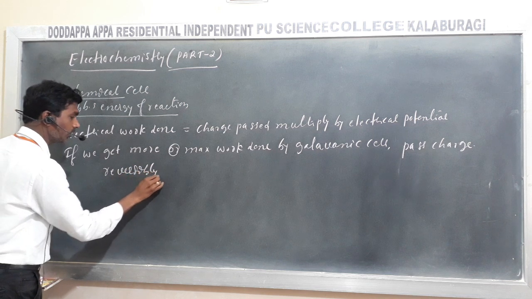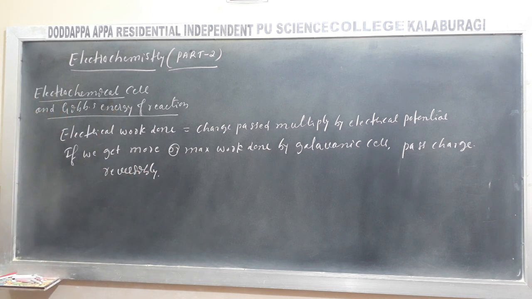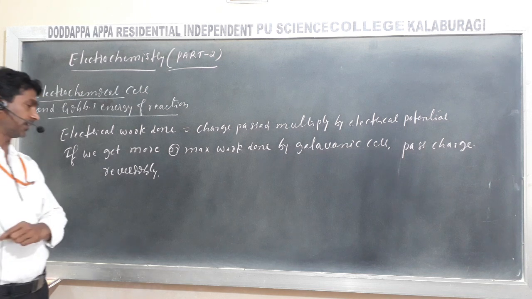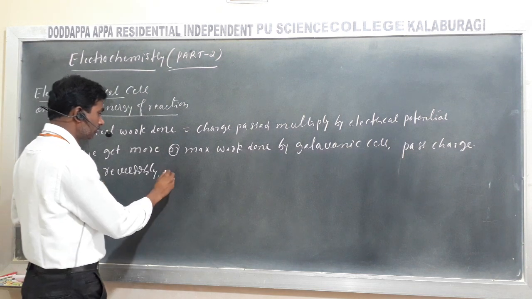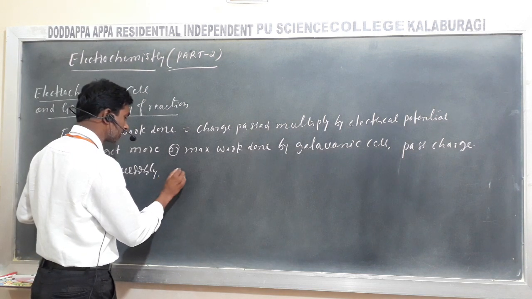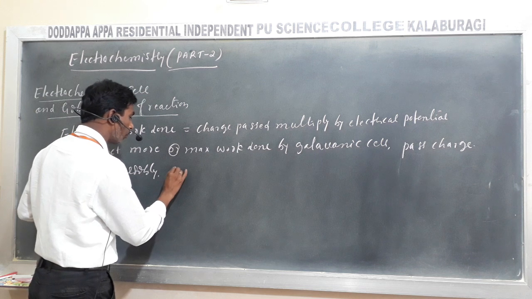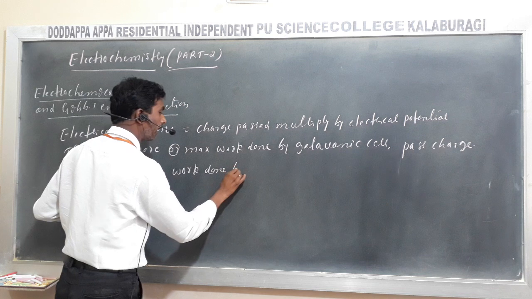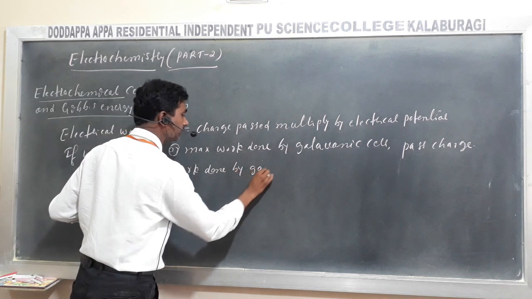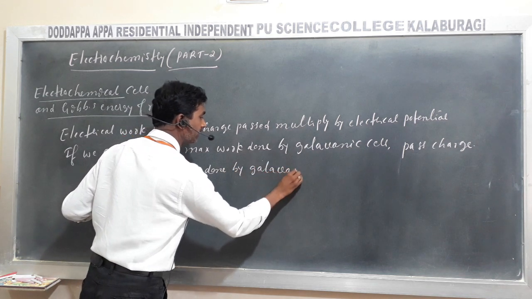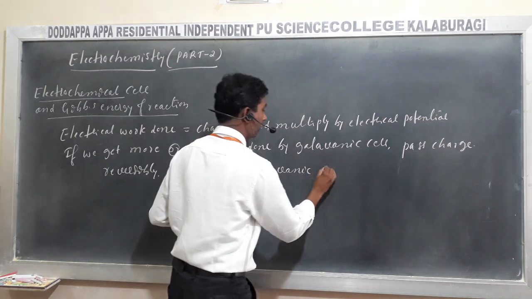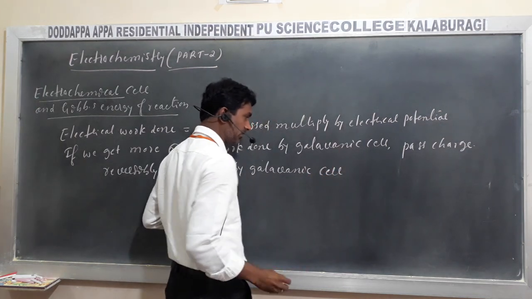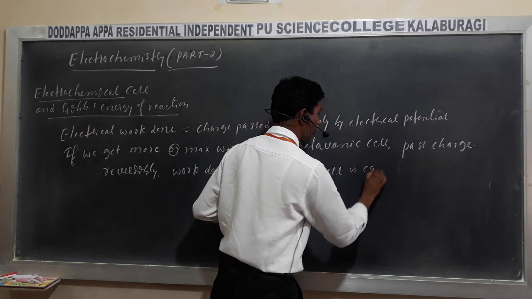So this is the maximum work done by a galvanic cell. The work done by a galvanic cell when charge is passed reversibly is equal to